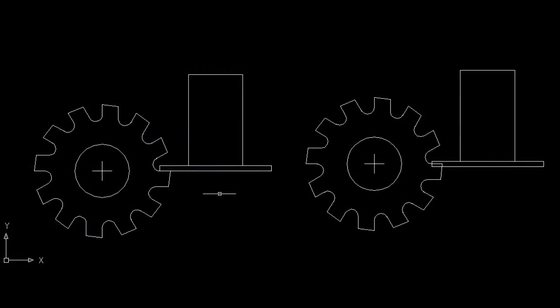Okay. We're in AutoCAD now. I wanted to show you how I'm going to sharpen the cutting edges. This is the cutting edge right here. It was formed with a slitting saw. So each one of these is the cutting edge. And now we want to think of this slitting saw not as a slitting saw, but as a sharpening stone. And I'm going to put it on the exact same axis, which is the center line of the gear,